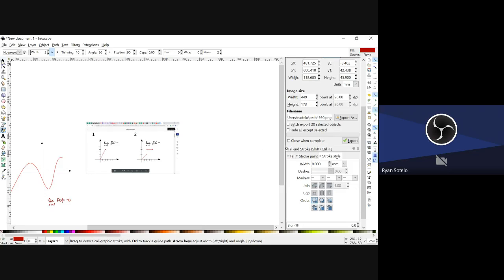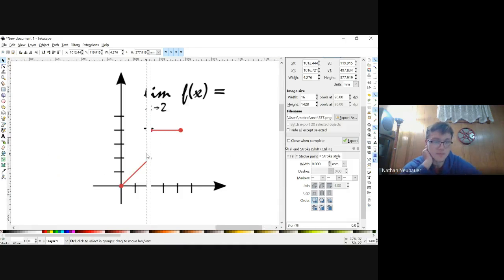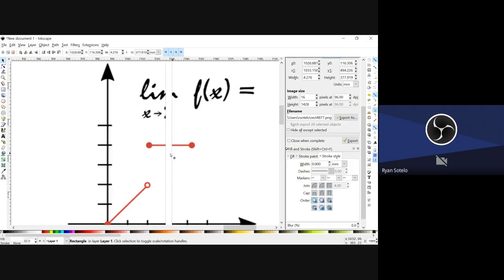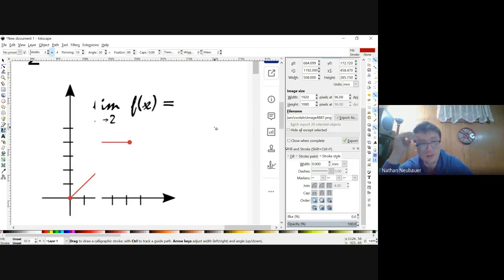Then for the other one, let's say as x approaches 2, you don't care what happens at 2. You just look at what's going on around 2. And the left-hand limit looks like it's approaching 2. So you could say... you want me to write that? Yeah, can you write it, please? Sure.